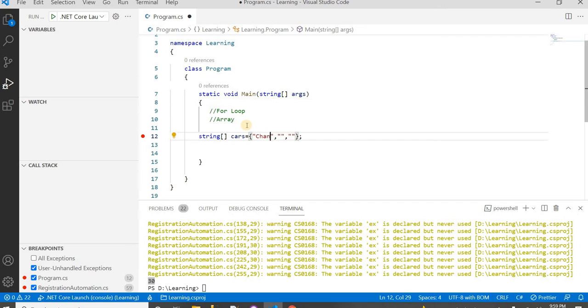I'm saying Chandigarh, Delhi, Mumbai, Mohali, Bengaluru. Now this array contain the data of